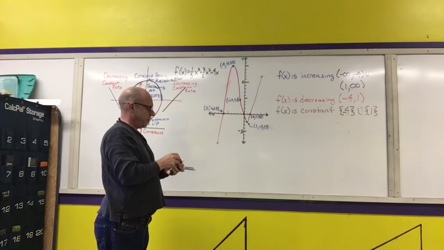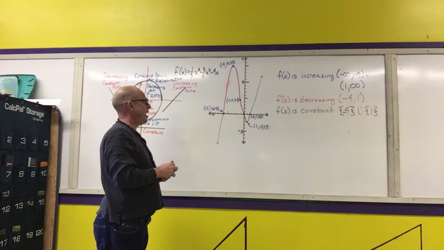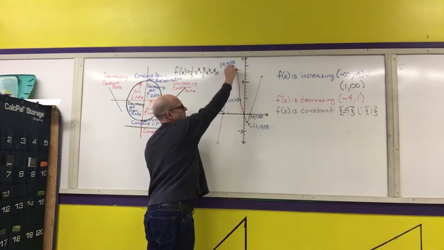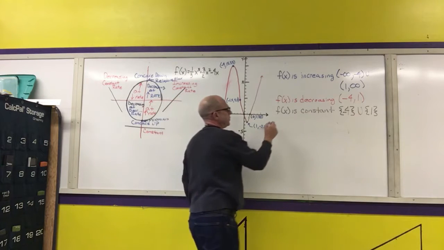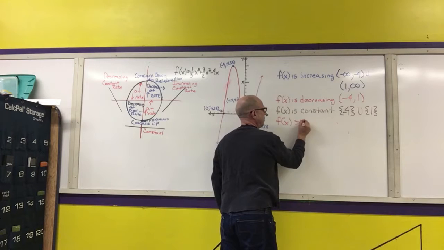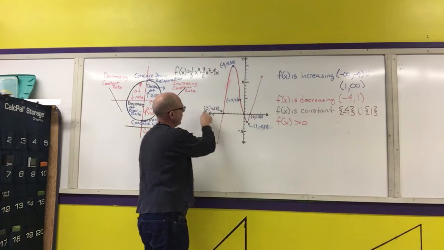Other questions you'll need to be able to answer is, when is the graph positive? The graph is positive whenever the graph is above the x-axis. So f of x is greater than 0 on what interval? Well, it's greater than 0